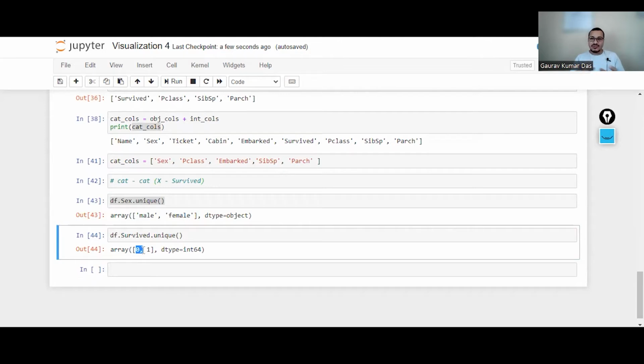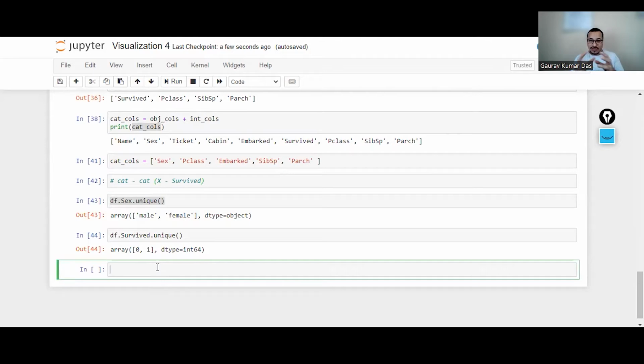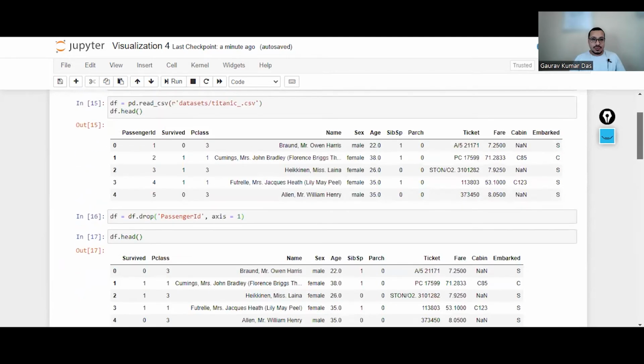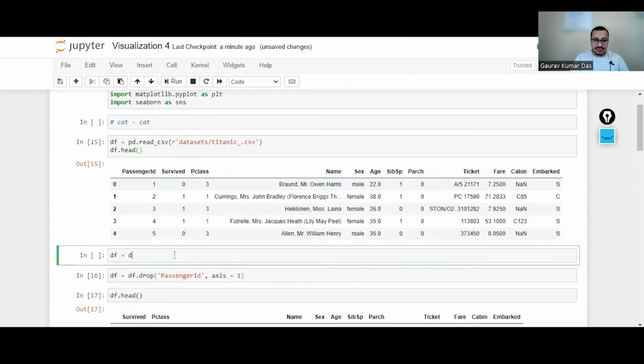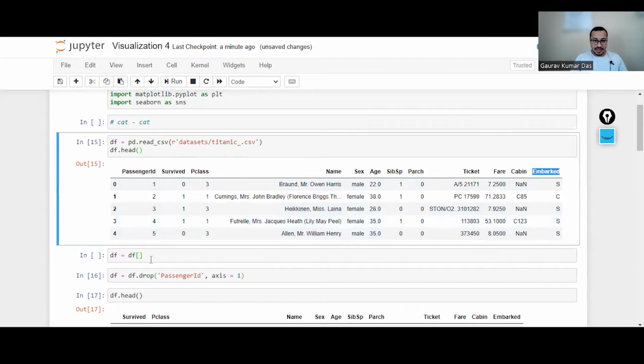Now, whenever we have two categorical columns and you want to see the proportion or the count of each of these categories, male with 0, male with 1, female with 0, female with 1, what do I have to do? I have to use a pd.crosstab. But before we go there, let me convert this 0 and 1 to not survived and survived, so that it becomes easier for you to relate to. Okay, so I'll simply go here itself, I'll simply do df is equal to df of, let's say,